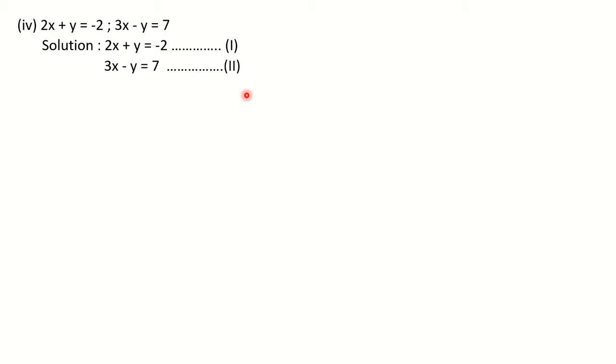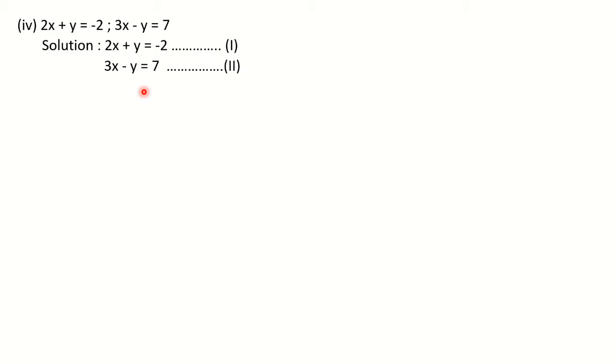Next step is to observe the coefficients. If you observe the coefficients of x, you will find that they are different. Here you have 2 and here you have 3. They are not the same. But for y, you will observe that the coefficients are the same. No number is seen, that means 1 is present there by default. So here the coefficients are already equal, so we don't have to multiply. There is no need to equate the coefficients.